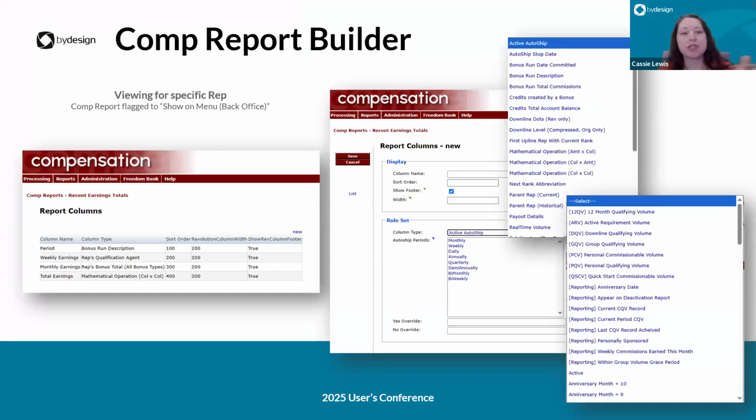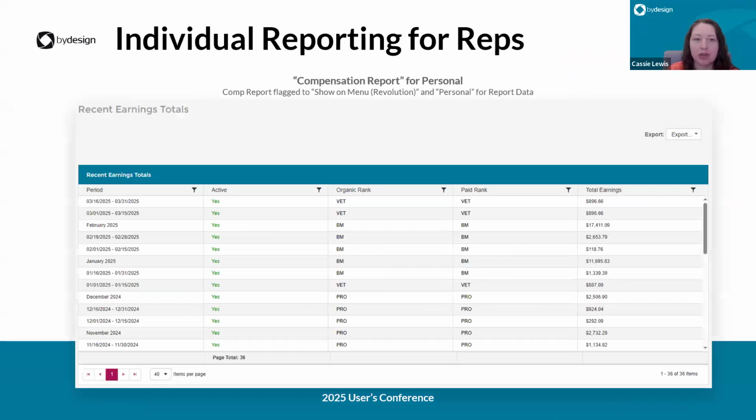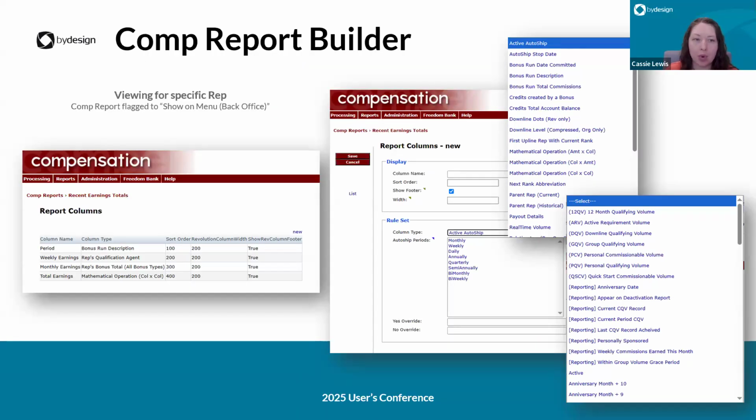And this is what the tool is going to look like whenever you get in there and start looking at it. So basically, you can see here in my first screenshot, I'm building out a report by literally building out each column that I want to show in that report. So going back to some of our examples of the reports that you saw over here, my columns here, the period, active, organic, rank,